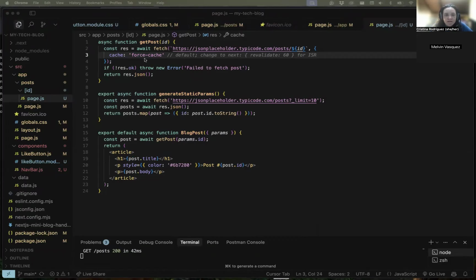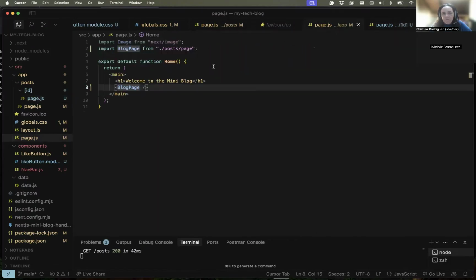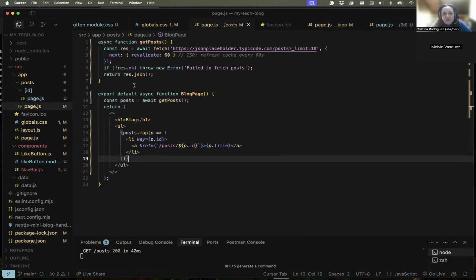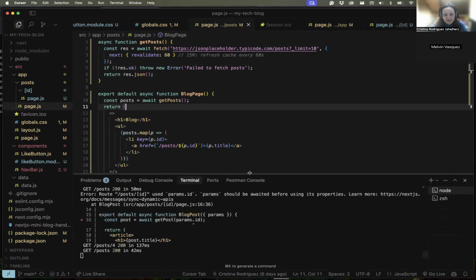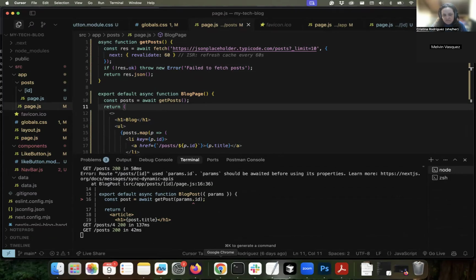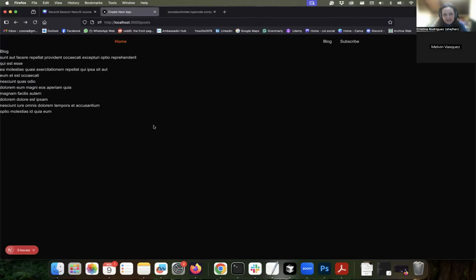But it's basically what we did here with the force cache, which is different from the revalidate every 60 seconds here. Two very different performances, but it gives the software engineer the control. And that is the amazing thing of handling data now with Next.js. And this is where I want to